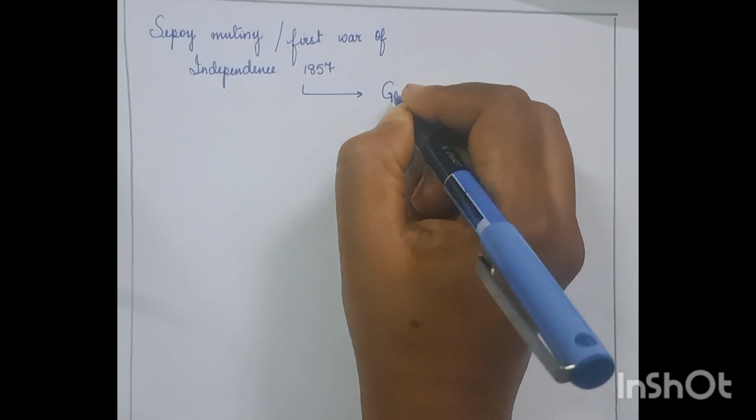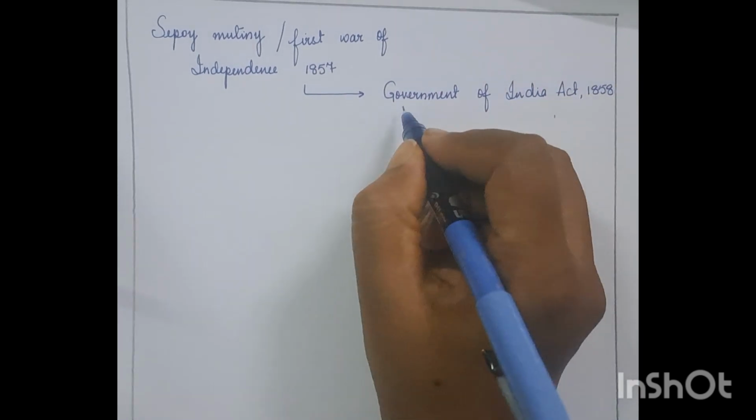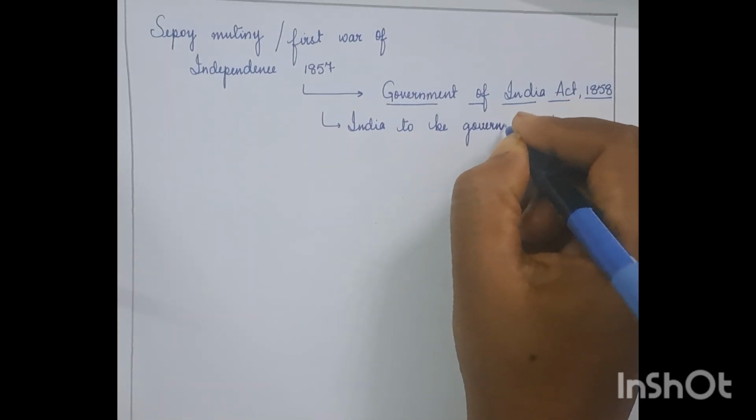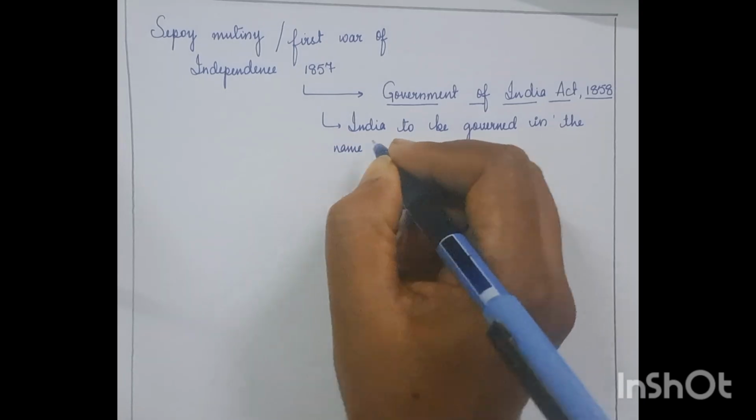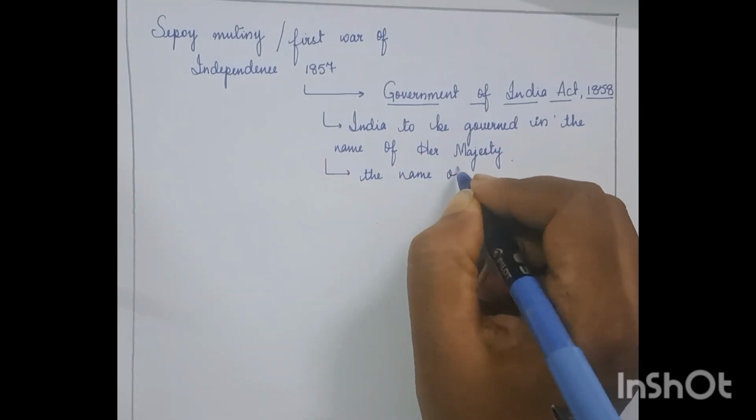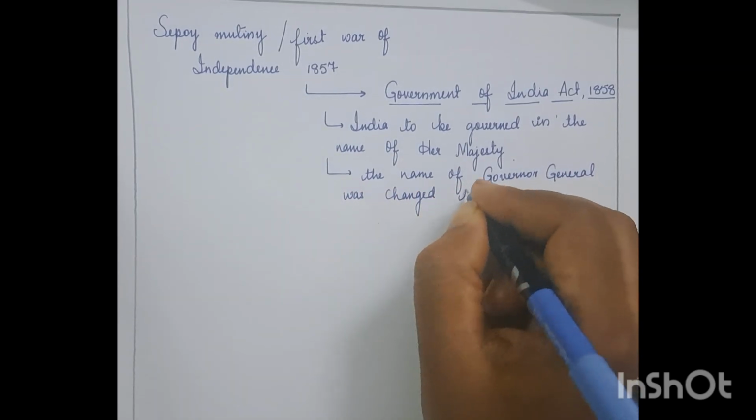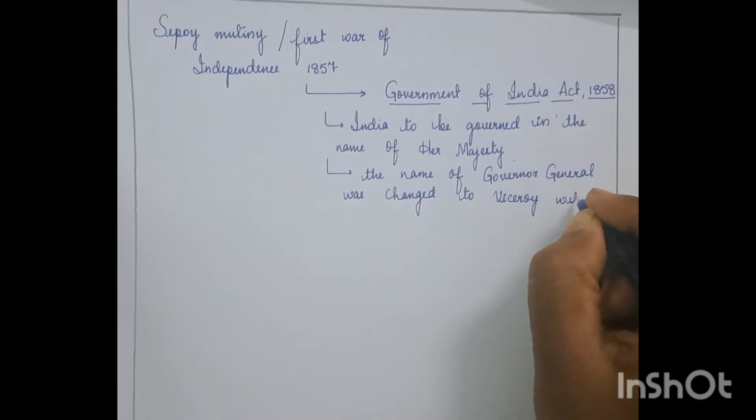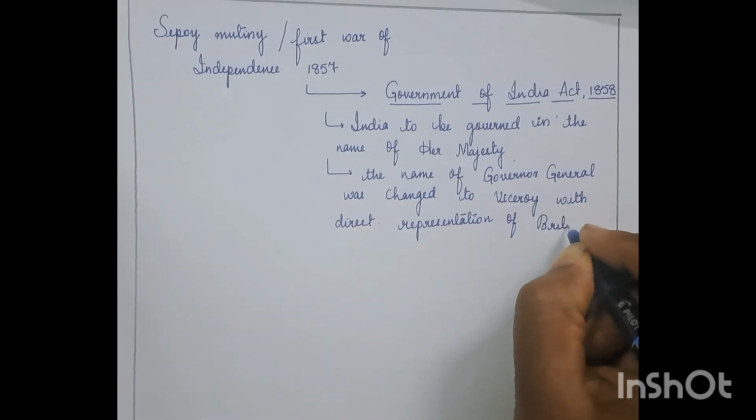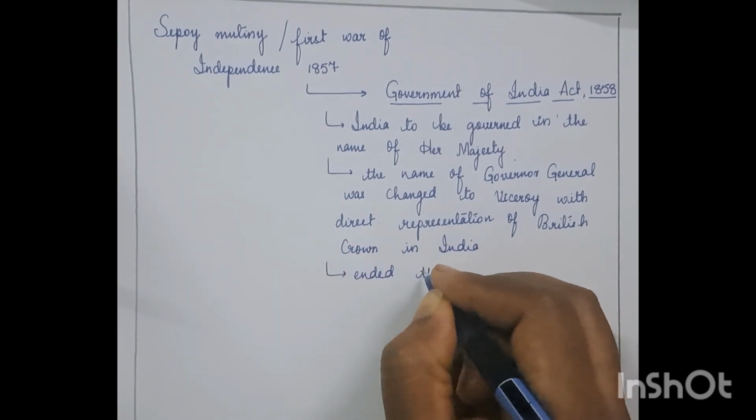Aggrieved against British administration and their exploitative policies, the Sepoy Mutiny, also known as First War of Independence 1857, took place. As a result, after crushing the revolt and restricting the Mughal emperor to a mere pensioner, the British Parliament passed Government of India Act 1858. As per this act, the British took over the control of India and to govern in the name of Her Majesty. The name of Governor General was changed to Viceroy with the direct representation of